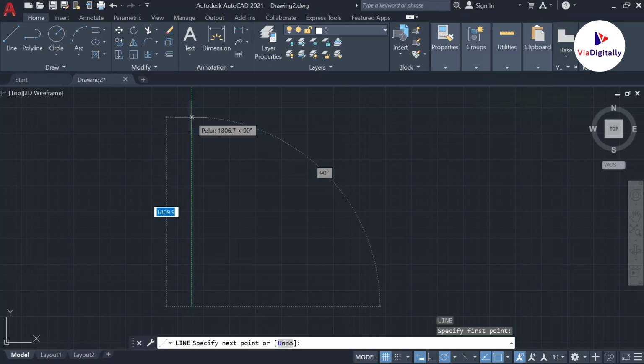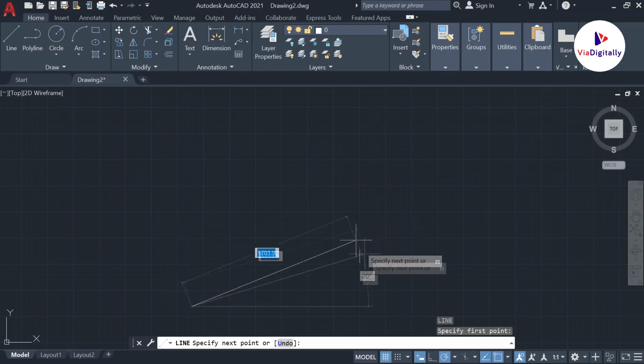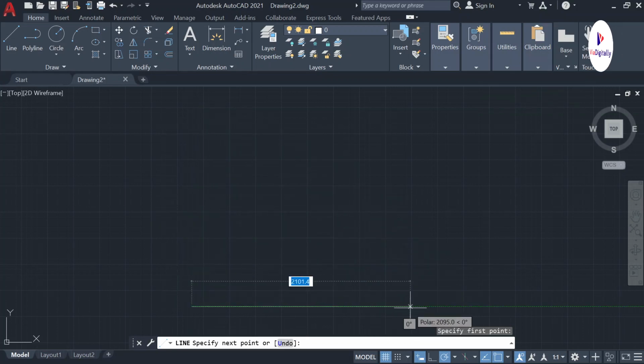It is exactly 90 degrees with the x-axis. And what if you go towards the x-axis? See, again the AutoCAD software is helping us draw exactly the horizontal line, which is perfectly parallel to the x-axis. This process of identifying the x-axis and y-axis with respect to that green line is nothing but polar tracking. AutoCAD software has a feature called polar tracking, which helps you identify the perfect horizontal line and perfect vertical line in the software itself.